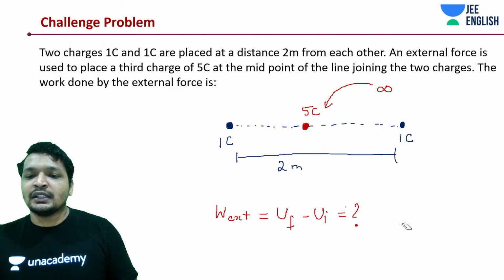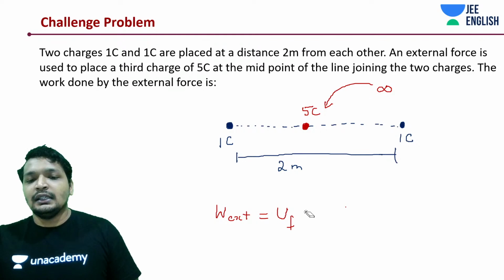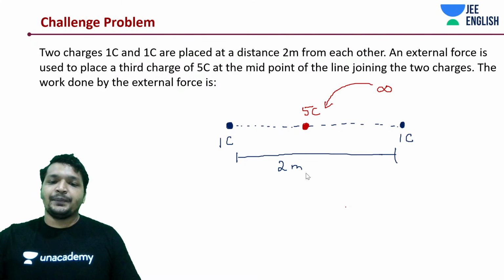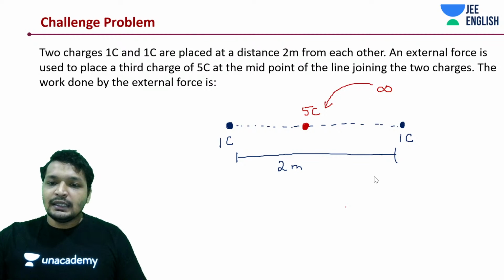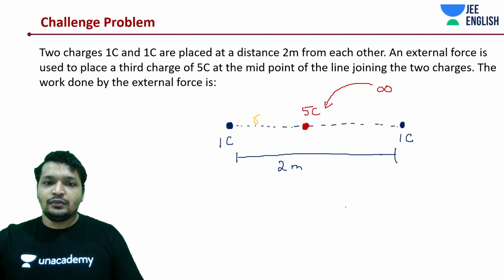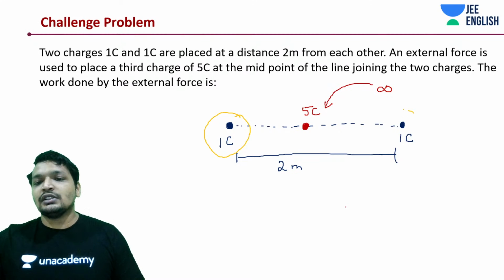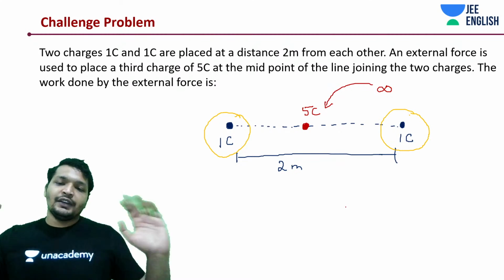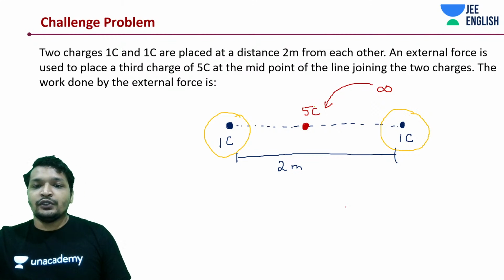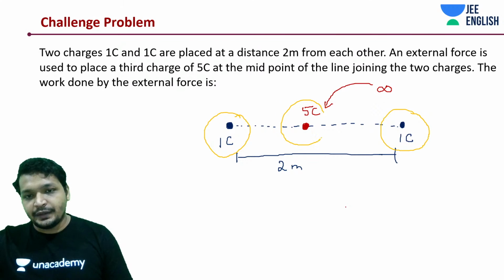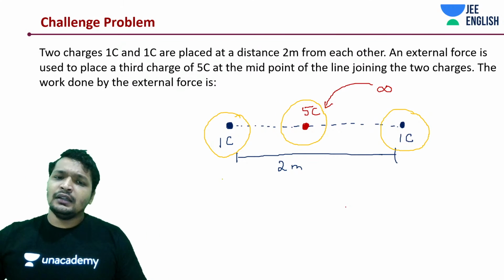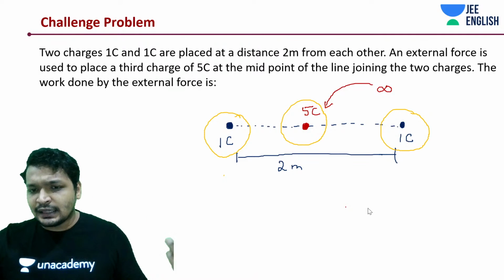See, up until now, what did you understand? You understood that this is the work done when there is a change in potential energy of the system. But isn't it true? This charge and this charge have not been moved. They have been kept the way they are. Only this 5 coulomb charge has been brought from infinity. So the work done by the external force is nothing but